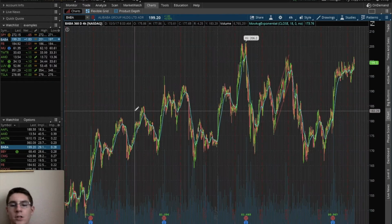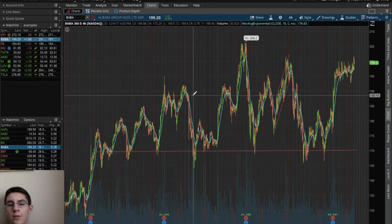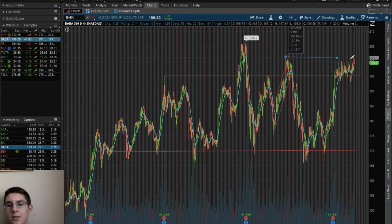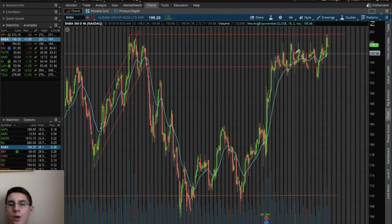So let's move on to the first stock, which is BABA. Obviously we're trading in this horizontal level here. We're hitting this level, and we're getting stuck in between, just like in SPY. So we're going up and down in between this. Easy money for day trading calls and puts. If you enter a call here and enter a put here,